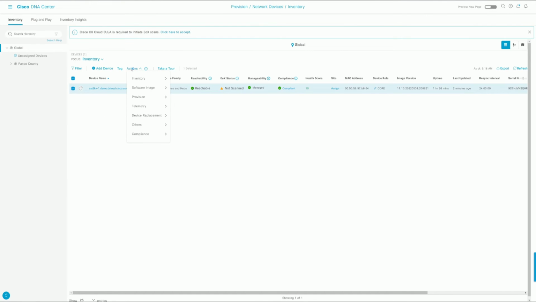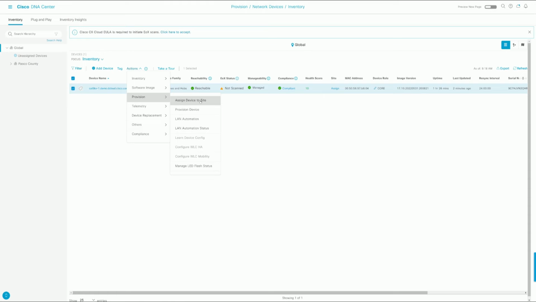So we're going to select the device that we want to provision, actions, provision, and you can assign the device to site or you can provision it. In this particular instance, when you provision the device, it will definitely push all of the configuration, any profiles or templates, anything assigned to that particular site that you're going to add the device to. This is full blown. So the assign to site, I'm honestly not sure what configuration this will push to the